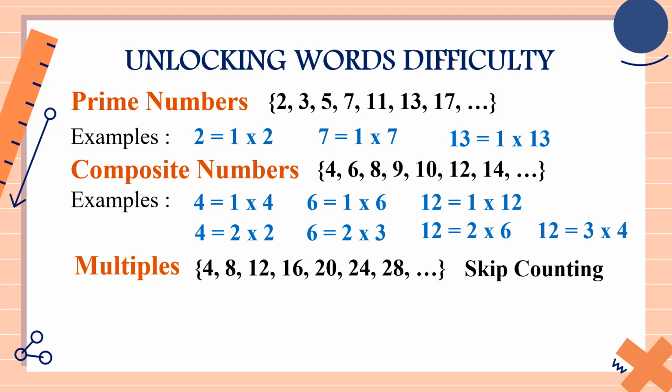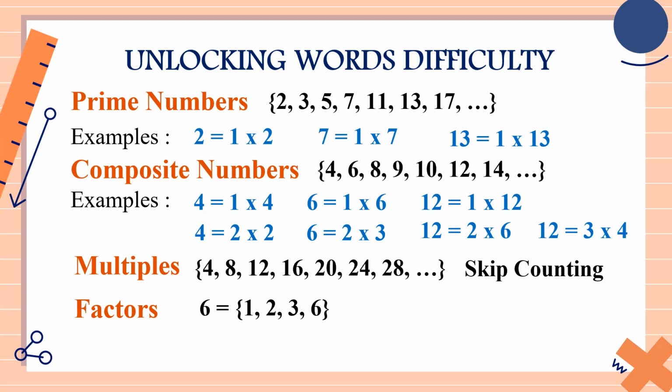For example, class, what are the multiples of 10? Give me multiples of 10. So therefore, we can say 10, 20. Just simply add 10: 10, 20, 30, 40, then 40 plus 10 is 50, 60, 70, 80, and then so on. So it's like skip counting, class. Another example, what are the multiples of 3? There would be 3, 6, 9, 12, 15, 18, 21, and then 24. So simply add 3.